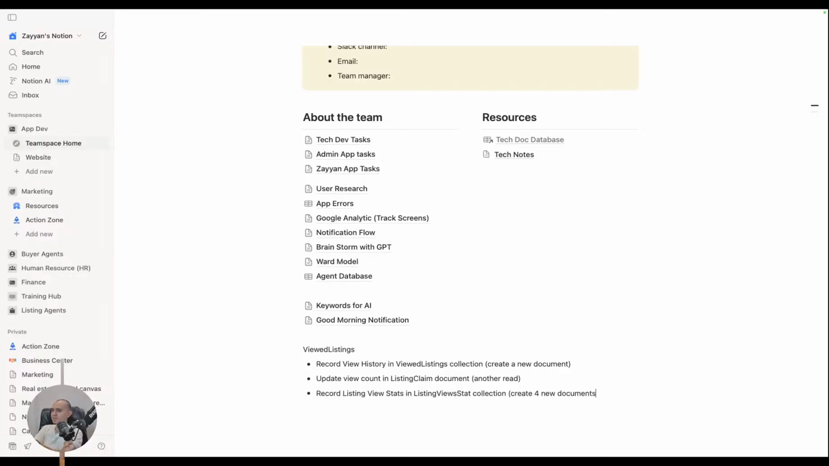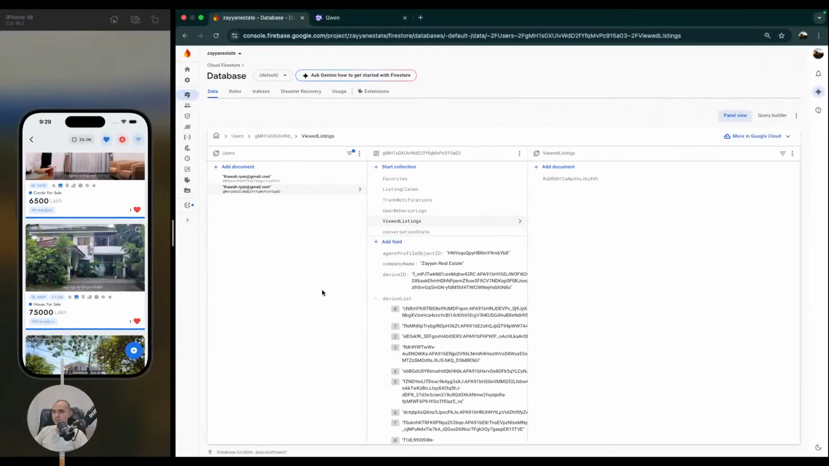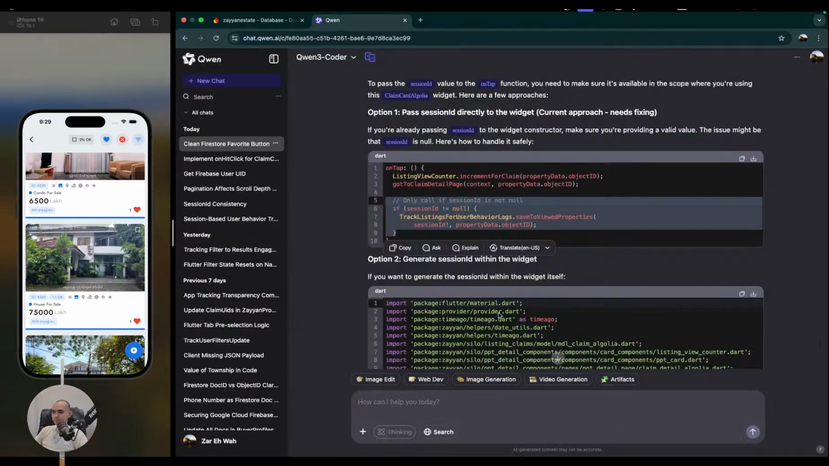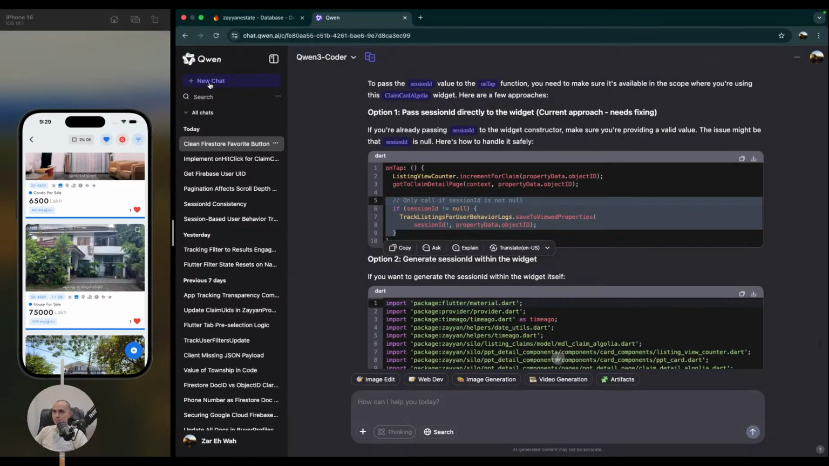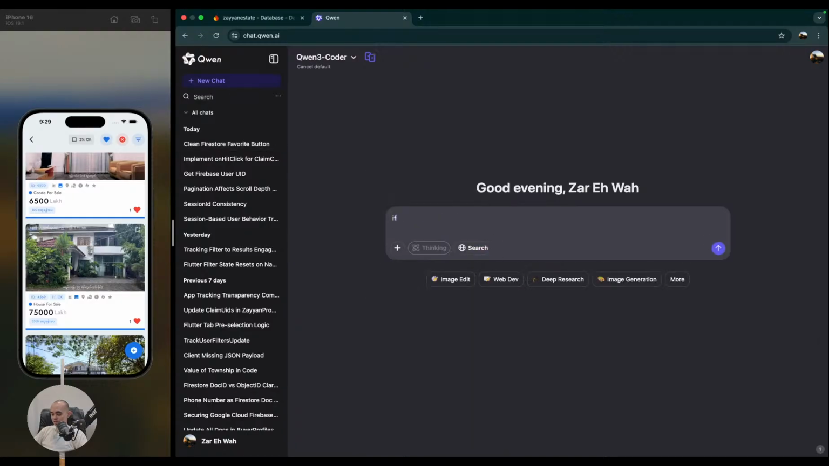So basically, when a user views one document, I'm going to have to write like 6 documents. Okay, it is going to cost me a lot. If one user views one property,